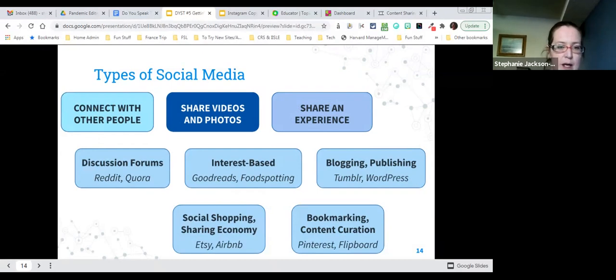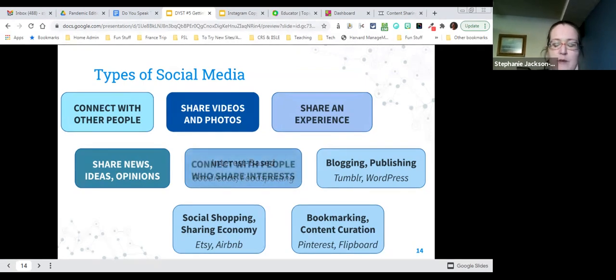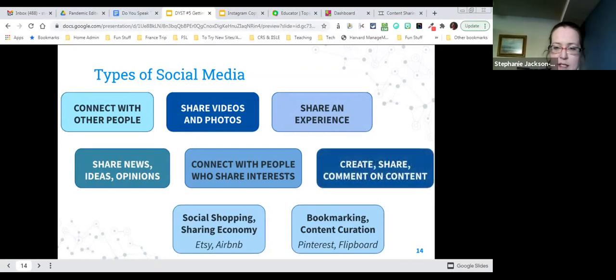So discussion forums, we're talking about Reddit, Quora. So sharing news, sharing ideas and opinions. So we see this thread of connection and sharing coming up again, right? And then for things like Goodreads, those interest-based sites, sharing and connecting with people who share similar interests, right? So blogging, we're looking at commenting on content or creating and sharing content, right?